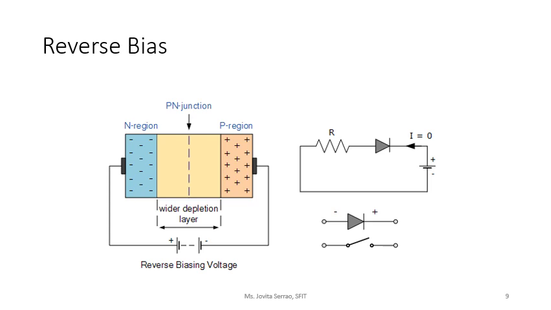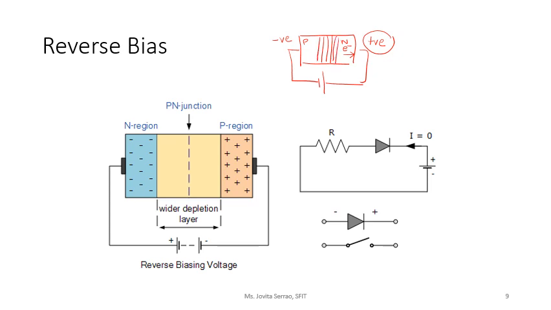What happens in reverse bias? Now if you look at what is shown over here, if this is my PN junction diode and this is the depletion layer that was already formed, since it is reverse bias, I connect a negative here, a positive here. Because of which you have positive here and negative here. What is going to happen now is, this positive that is over here is going to start attracting electrons towards it, because of which this depletion region keeps increasing.